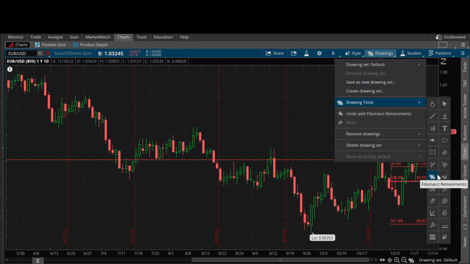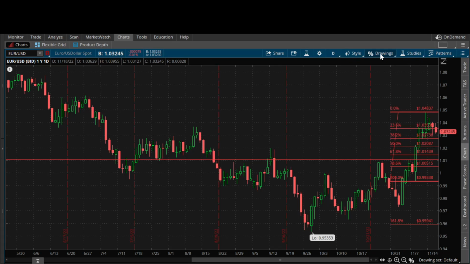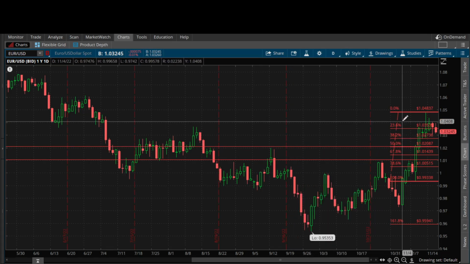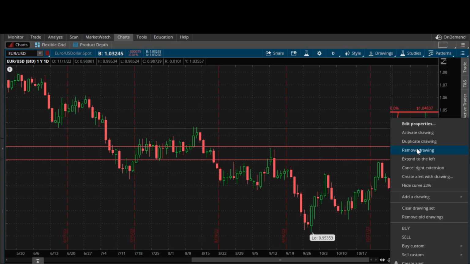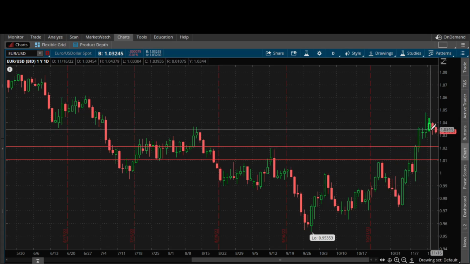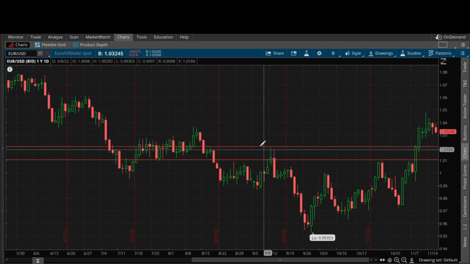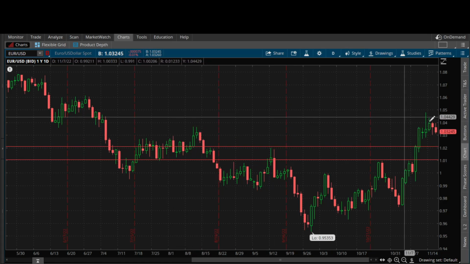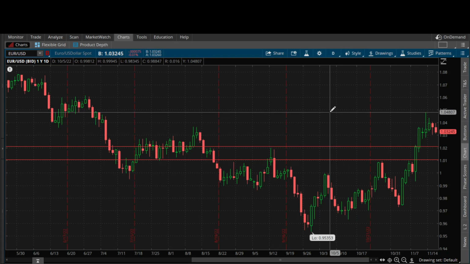Anything above 50% is expensive. Anything above 50% is what we consider expensive, because anything above 50% is a premium marketplace. Anything below 50% is a discount, meaning it's cheap. So you can see right now price is above 50% equilibrium. Price came up, it took out these highs, cleaned out all that buy side liquidity. It's really overextended right now. It is in a premium market. It's expensive on the daily, okay?